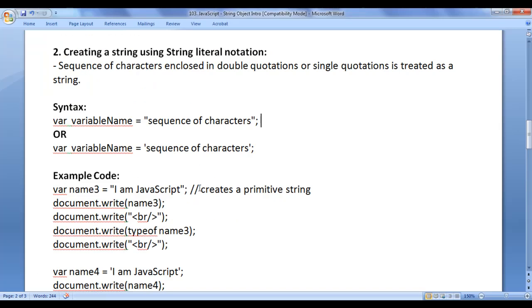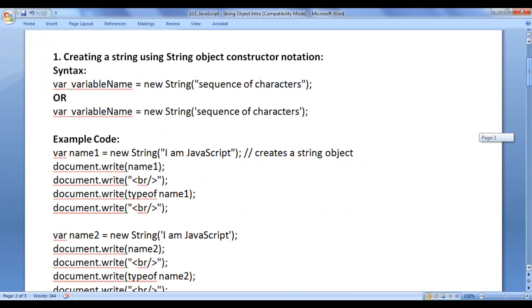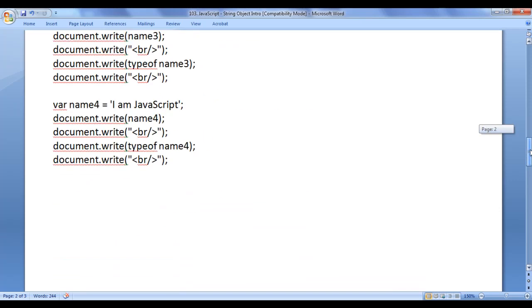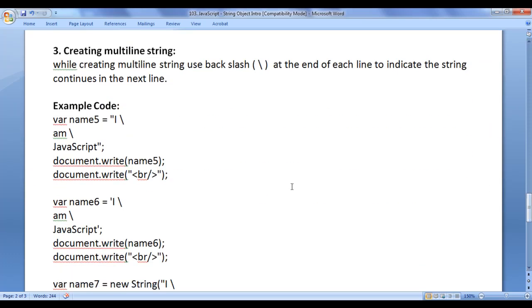So that is the difference between creating strings using string object constructor notation and creating string using string literal notation, guys. I hope you guys have clearly understood. Let's proceed further and get more information. Let's understand how do we create multiple line strings. Remember that while creating a multi-line string, use backslash at the end of each line to indicate string continues in